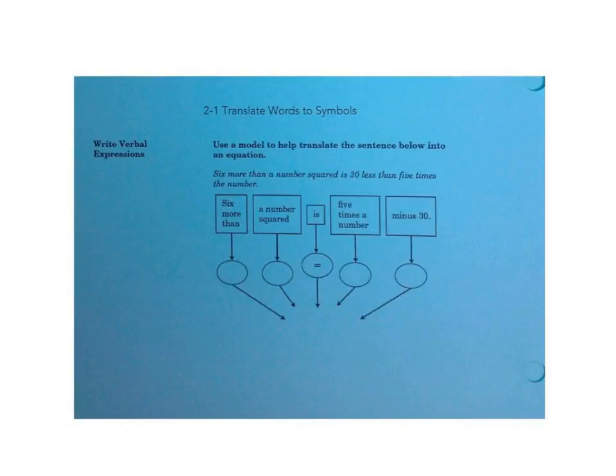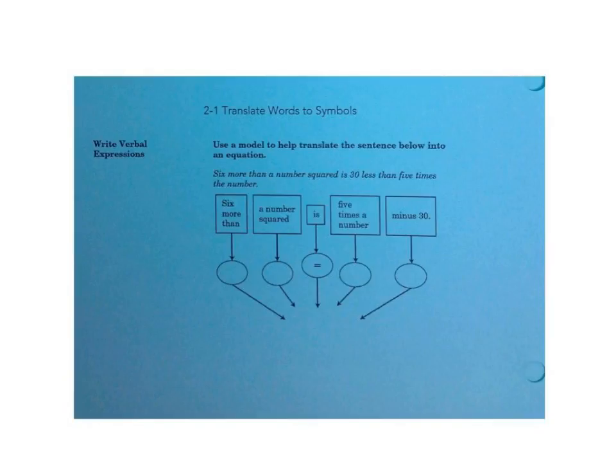Today's lesson, we'll be translating words into symbols. So here they will give you a sentence and they will want you to change it into an equation. So the sentence that they give us is 6 more than a number squared is 30 less than 5 times